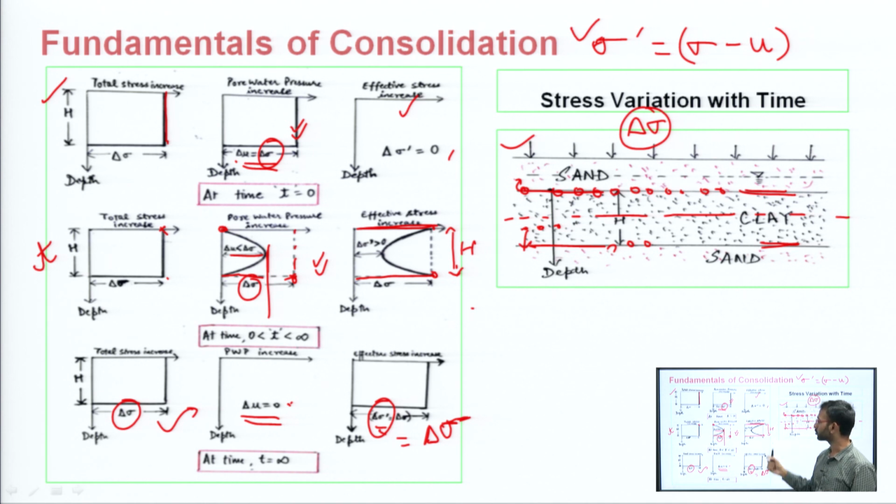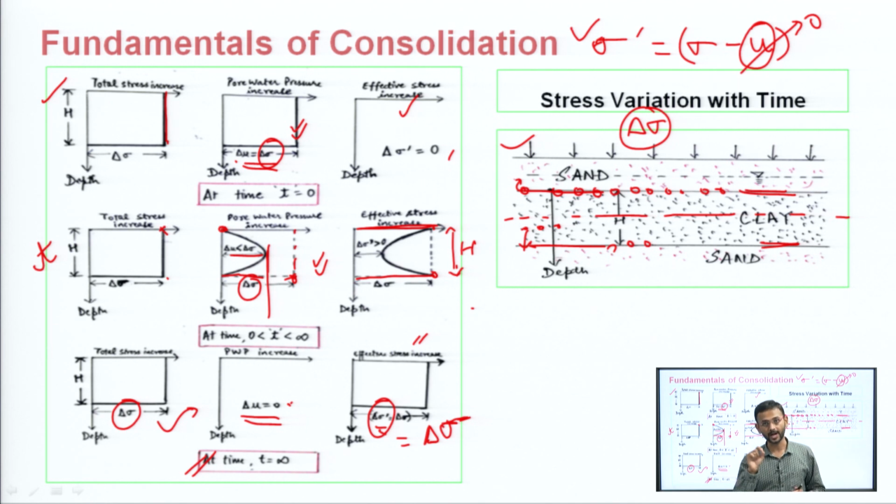getting increased. Also understand one thing: when you are talking about a time t equal to infinity, because the time taken is very large, what happens after a certain period of time, which can be a number of years, is that the effective stress is totally mobilized. At that point, whenever the excess pore water pressure reduces to 0, at that time we can say the effective stress has been entirely mobilized, and at that point we can also say that the